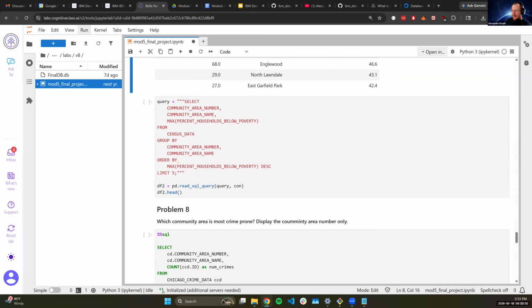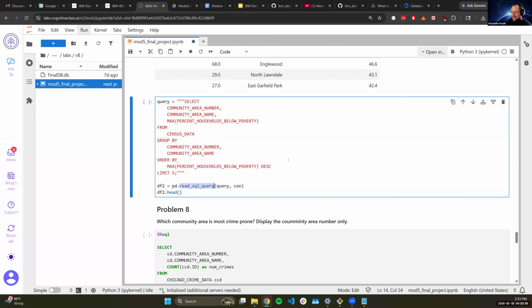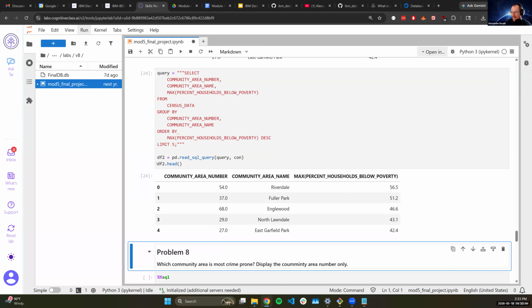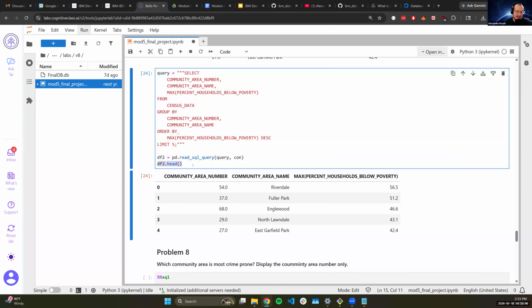And as an example of how to read this back into pandas, we're just going to use the pandas function read SQL query, same exact query, save it off as a string in Python, execute it as Python, and we end up with a pandas data frame brought back that we can then start analyzing.